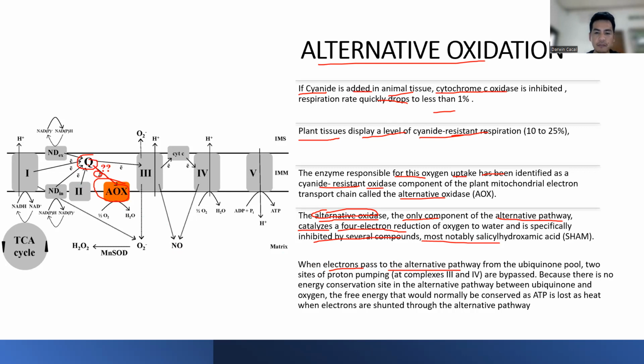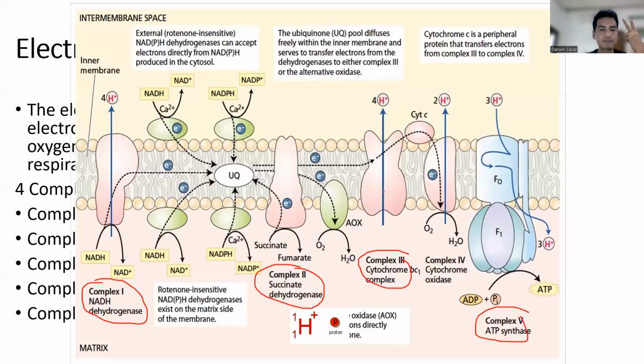When the electron passes the alternative pathway from the ubiquinone pool to the site of proton pumping, two protons are pumped. Okay? Look here. So here in the ubiquinone, in every stage of our membrane, in every complex, there is pumping. So when this part pumps, this internal part of our cells,